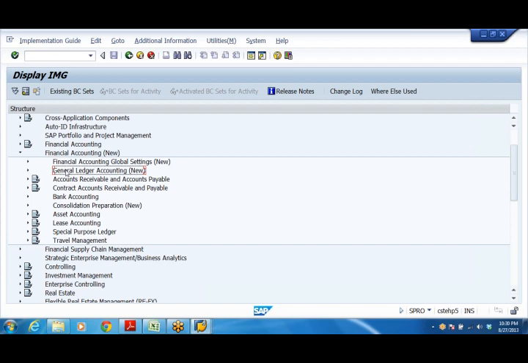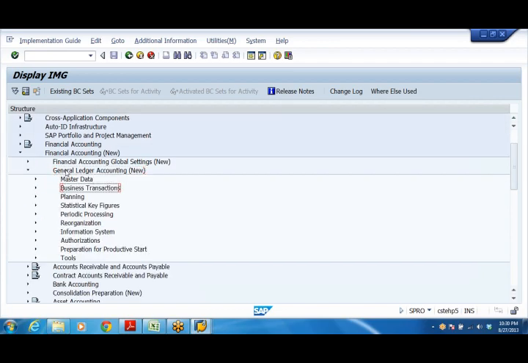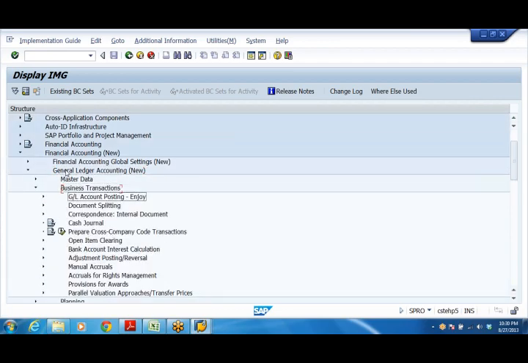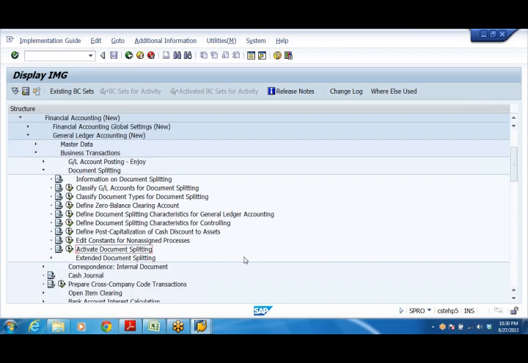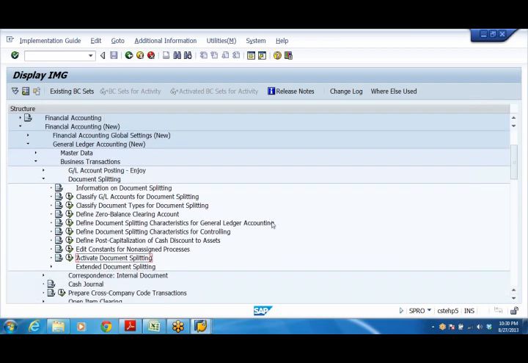Go to general ledger accounting, financial accounting, general ledger accounting, business transactions, document splitting. Because by default in new GL, document splitting is activated. That we need to deactivate. Right? Note down the path: financial accounting new, general ledger accounting new, business transactions, document splitting.